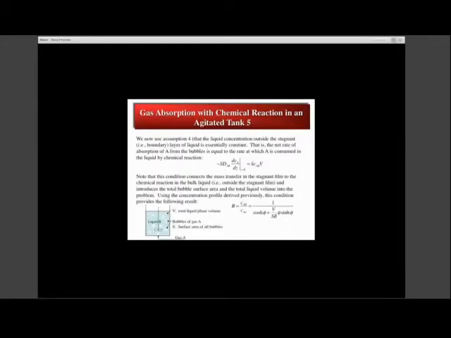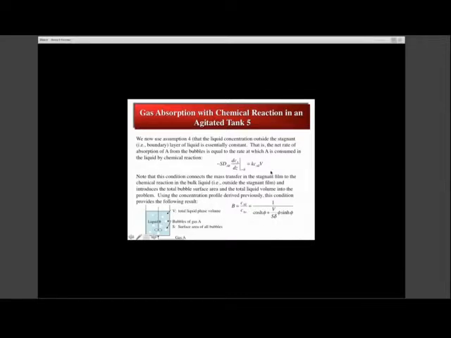So we can also now start to look at a more complex problem, one in which we calculate the net rate of absorption of A from these bubbles as they go through liquid B. And if you think about using this liquid B to absorb A in order to remove it from the gas phase and perhaps clean this gas, this starts to get us at a model of how that would occur. And we're going to do something that is very similar to what we did with the Stefan 2 problem,